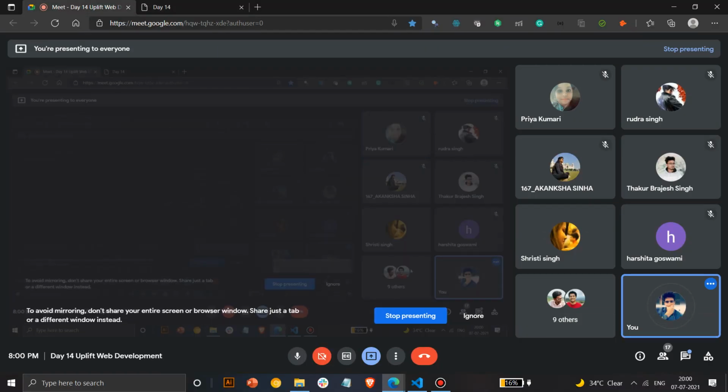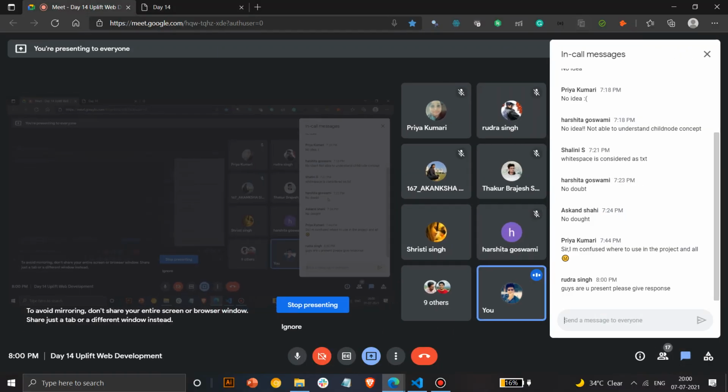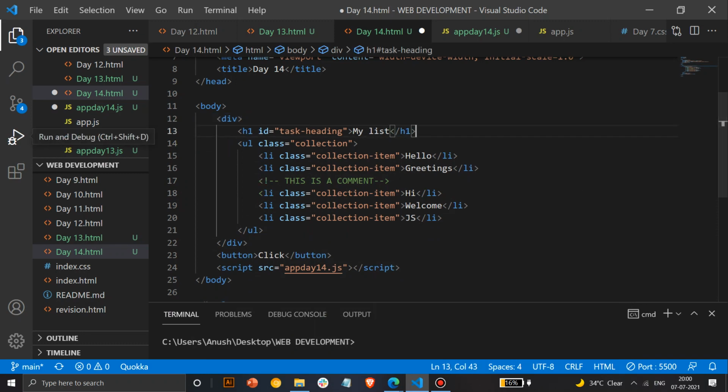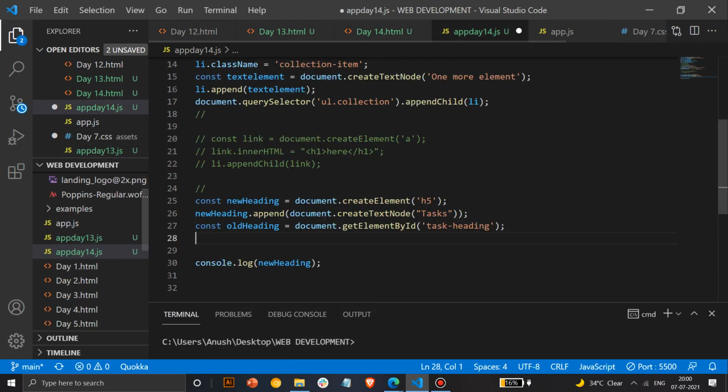Any doubts? Rudra only. Okay, so I'll delete the div here and put it up there. Any doubts up till now on how I've got the headings and everything? You just give a response so I'll know.